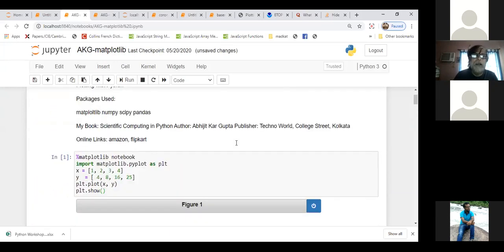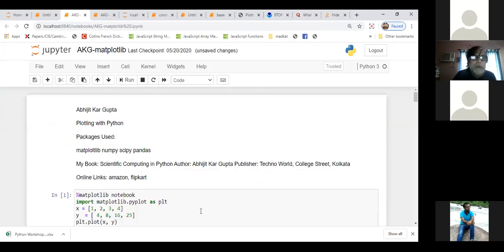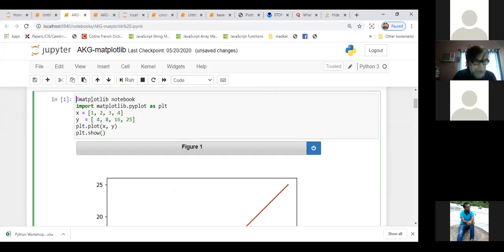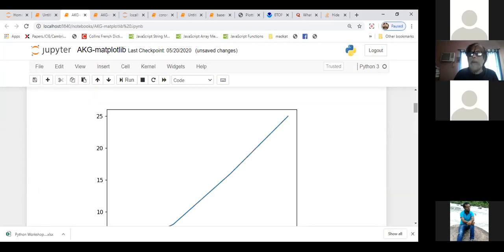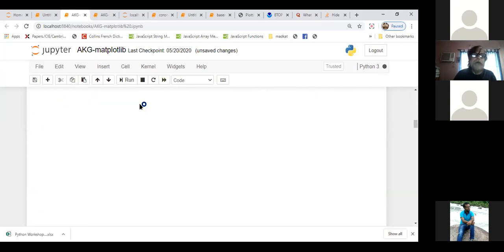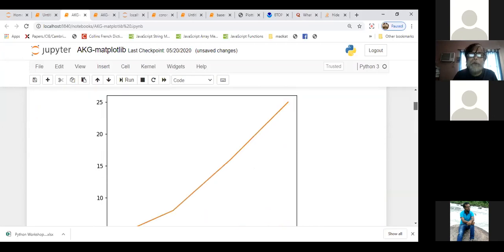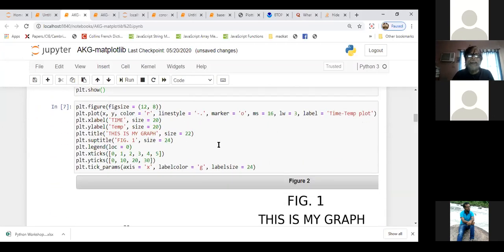Let me comment this. I wrote this thing, %matplotlib notebook. That is a special command of the notebook with which I can actually manipulate the graph here. Otherwise, the graph will be static. So I run this, this graph will come, and then if I run this again, the graph will come. It is not coming. I don't know why. Oh, it is slow today. Oh, it is this color. Okay, anyway, it worked.